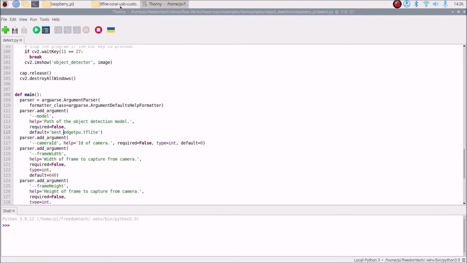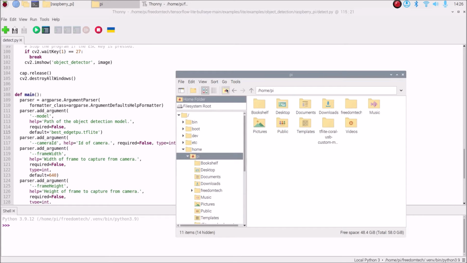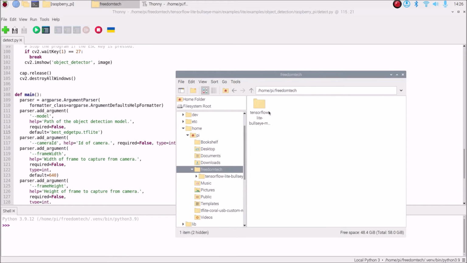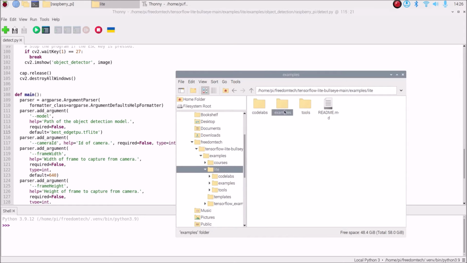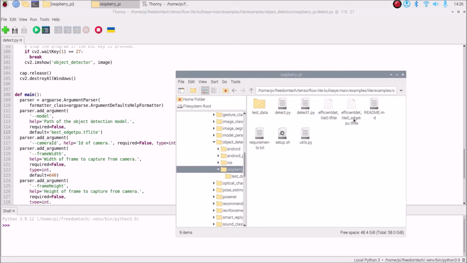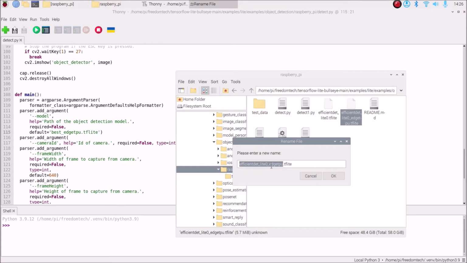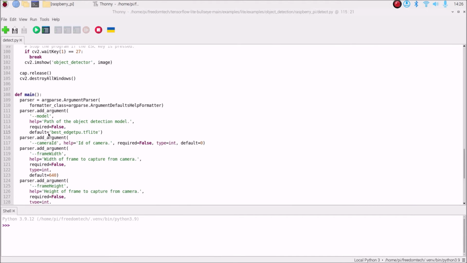So our default model name is... I need to go inside home, Freedom Tech, TensorFlow Lite bullseye, examples, lite, and then examples, object detection, Raspberry Pi, and then this is the model. Right click on the model, rename. As you can see here, we have htpu.tflite. So just copy the name, cancel, close,